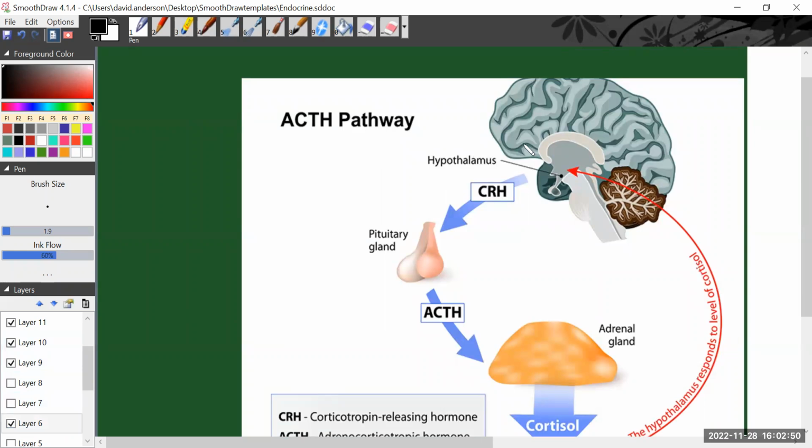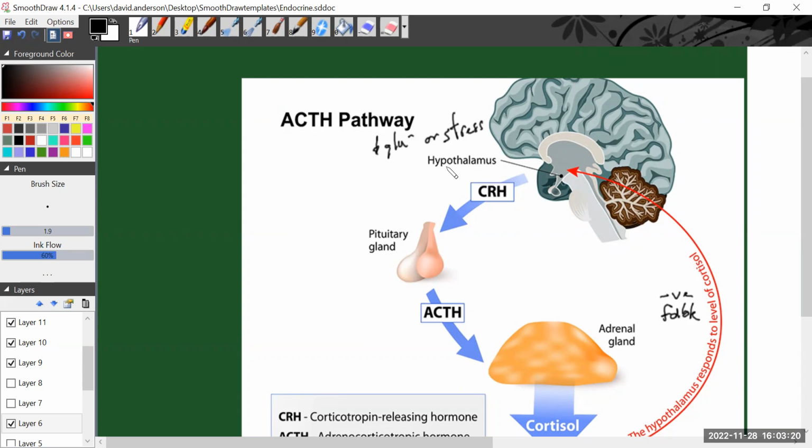So here we have our hypothalamus responding to a stressor of some sort. The hypothalamus responds to levels of cortisol. That red line is referring to negative feedback. This would be our negative feedback over here. And our positive feedback, or at least our stimulus, would be low glucose or stress